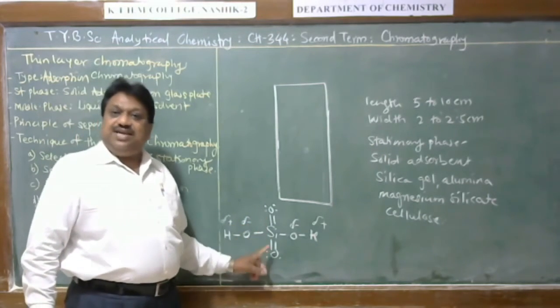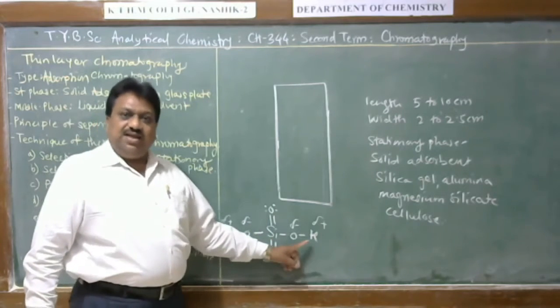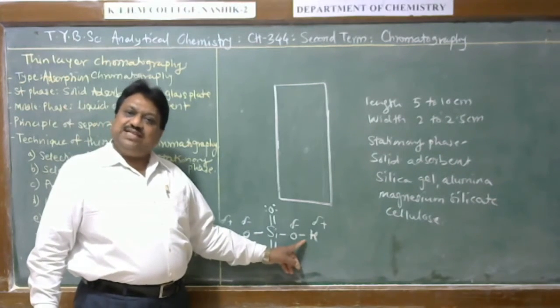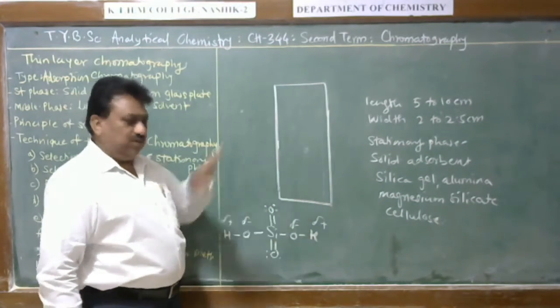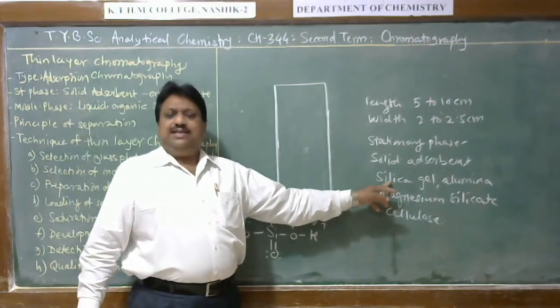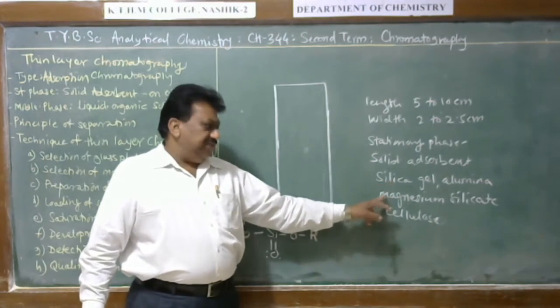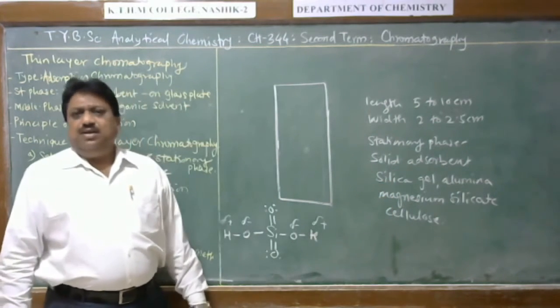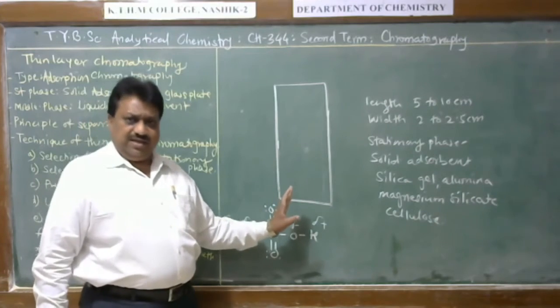Here silica gel has a structure like this, and it is most commonly used as an adsorbent material in chromatography. In addition to this, alumina, that is Al2O3, magnesium silicate or cellulose powder may be used as a stationary phase